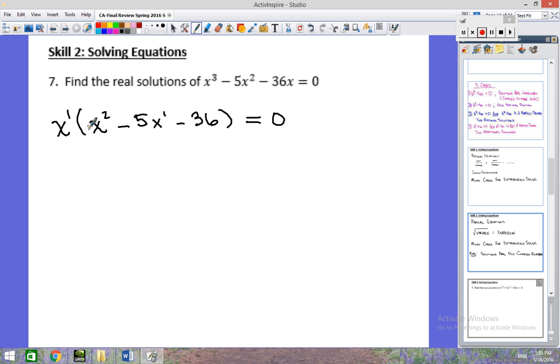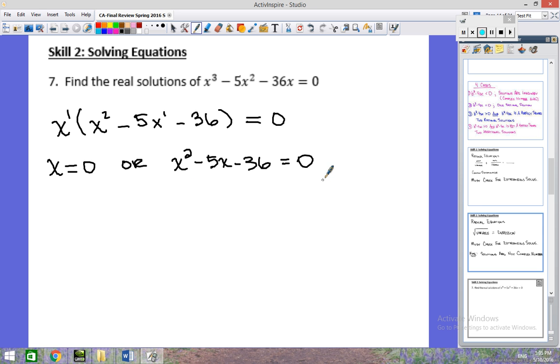the fact that we have a zero product theorem. If you have two numbers and they multiply together to give you 0, it has to be true that one or both of these numbers is 0. 5 times 5 is not 0, but 5 times 0 is, or 10 times 0. One of these numbers, or even 0 times 0, one or both of these numbers has to represent the number 0. So either x is equal to 0, or this quadratic equation, x squared minus 5x minus 36 equals 0,